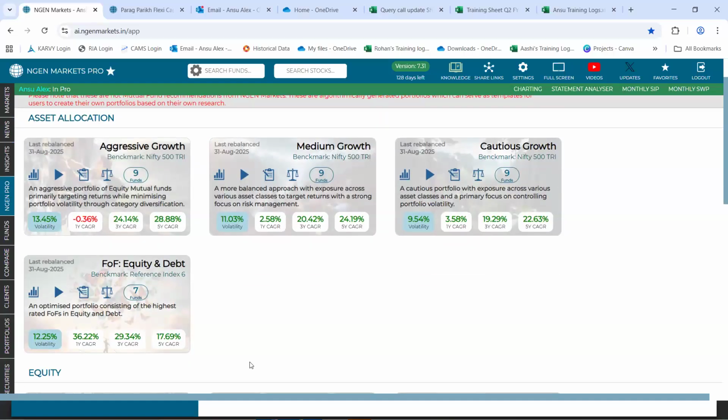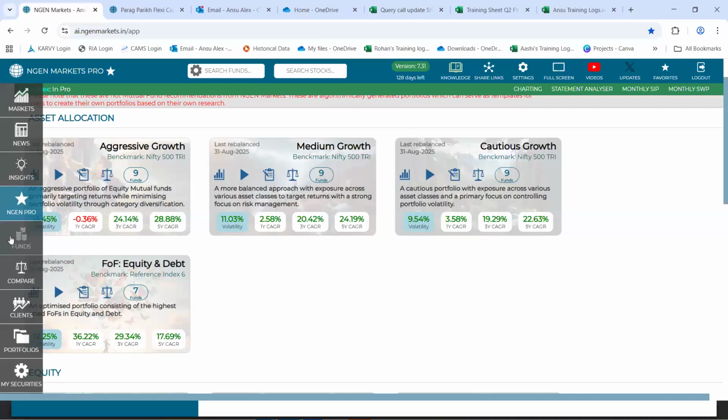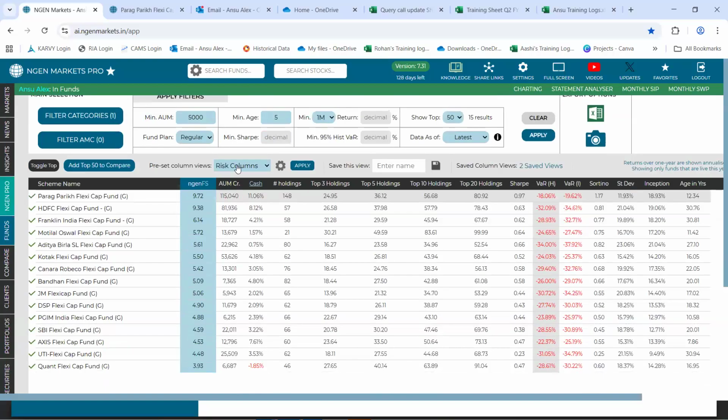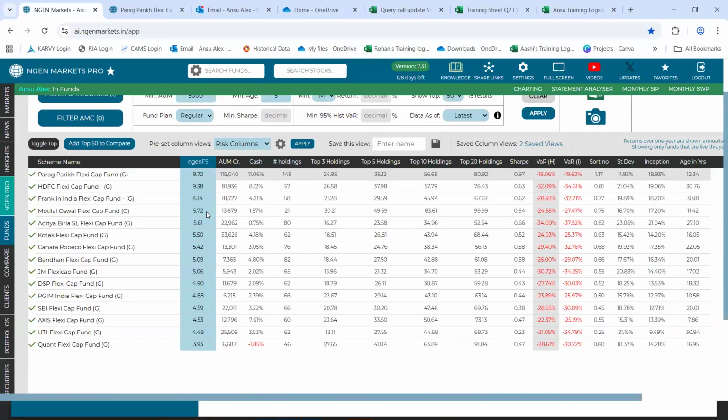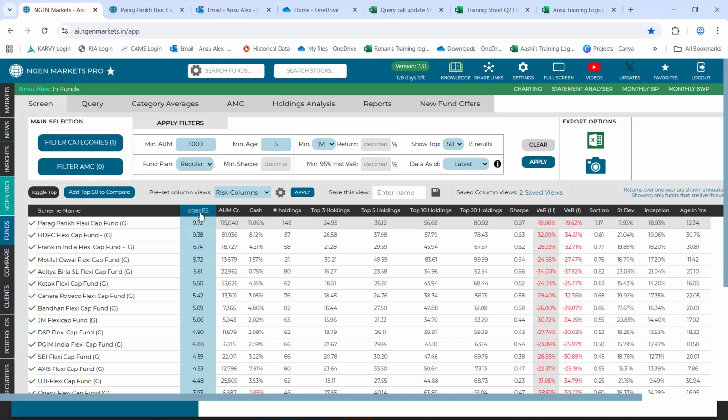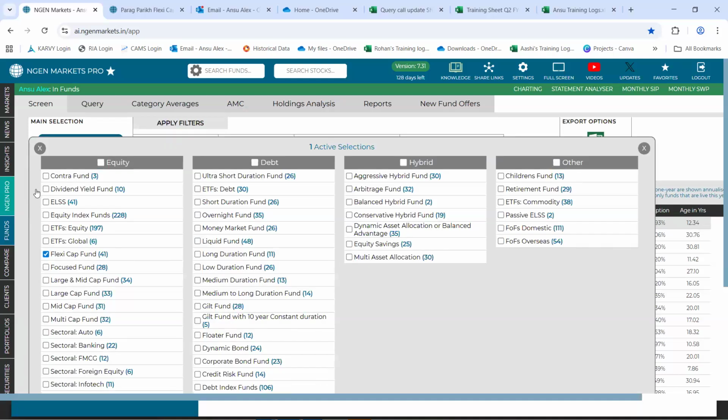Other than this, suppose I want to know which one is the best flexi cap or best arbitrage fund, where can I search that? Anywhere you look at funds, the score will show up. Just like if we go to the screener, for example, and say flexi cap, there's the flexi cap category. There are some filters we put on top, but you can see the fund score here. And if you want to see all the fund scores for all the flexi cap funds, just quickly load one of the funds here.